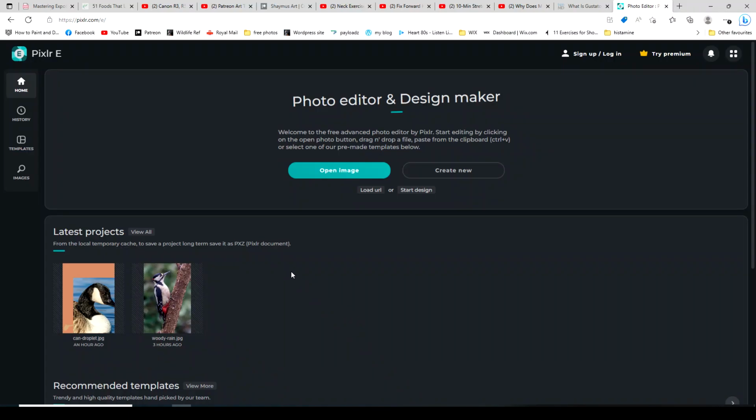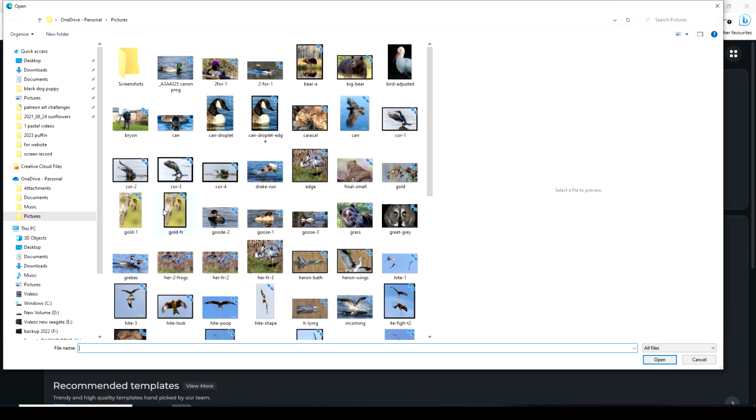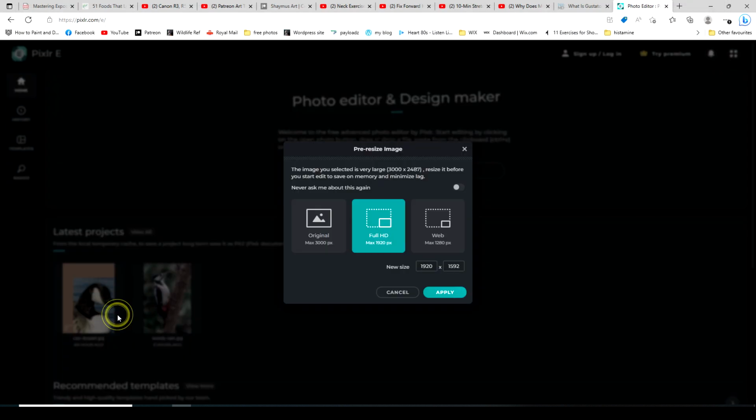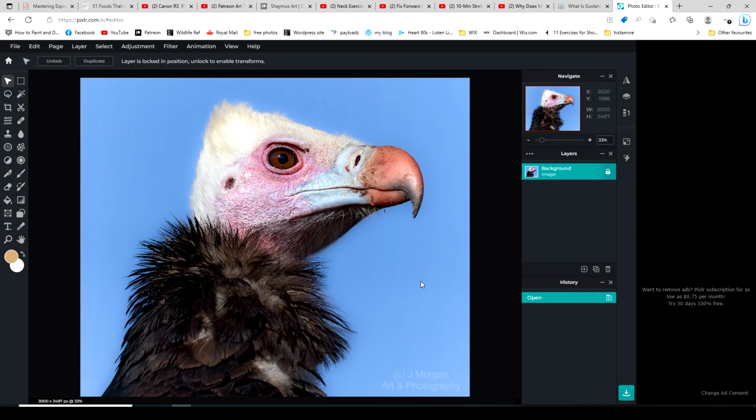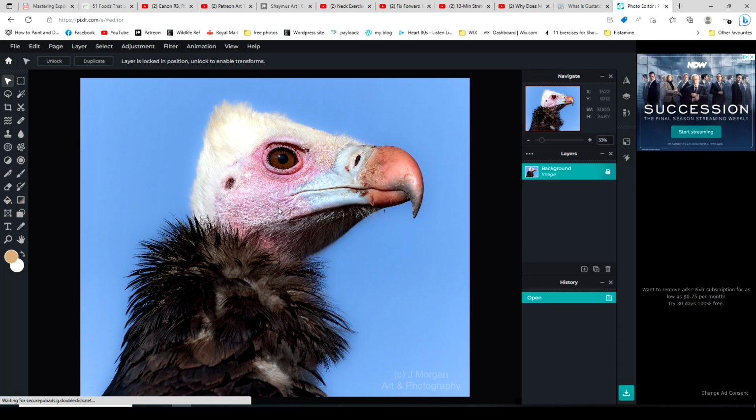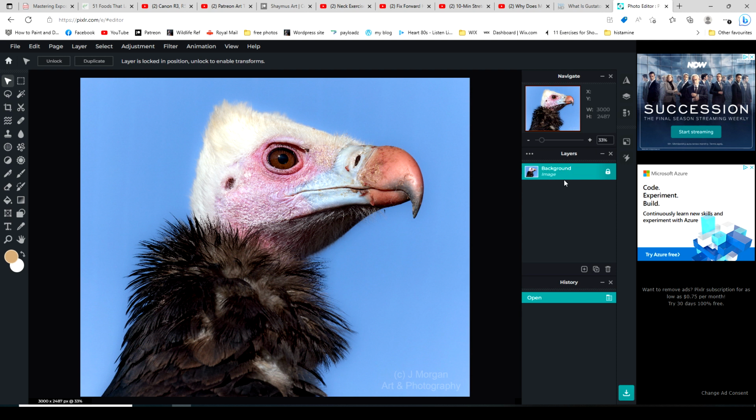Then when I'm in there, I've just got to click open image, and I'll select an image. Let's select this one, and then you can bring in the image size. Generally it's best to do it the original size, so that's what I'll do now. Apply, there you go. Okay, so there's my image in there, there's my layer by the side showing you,